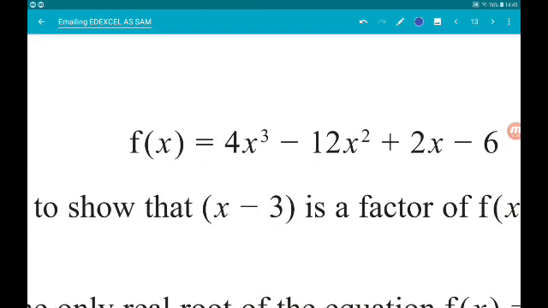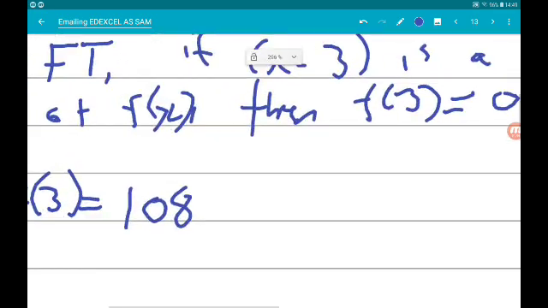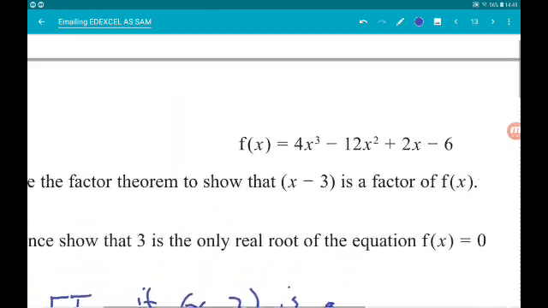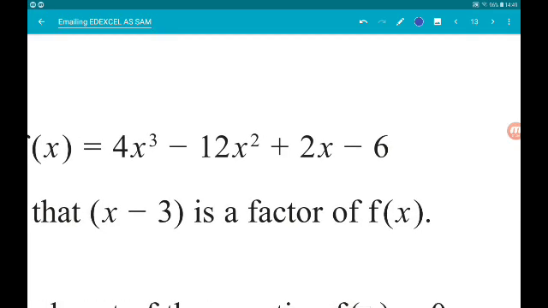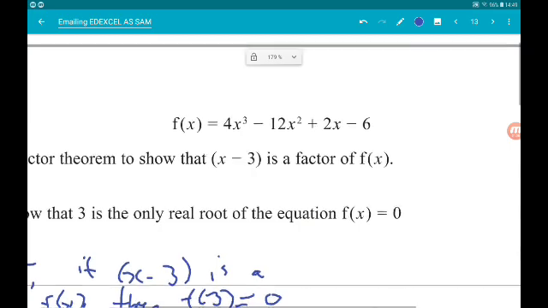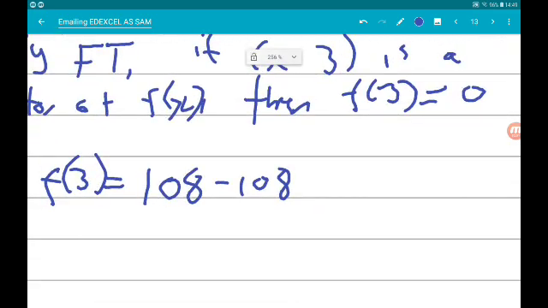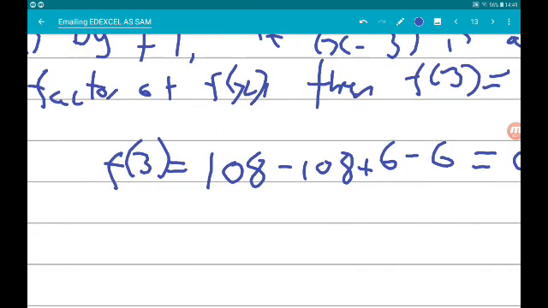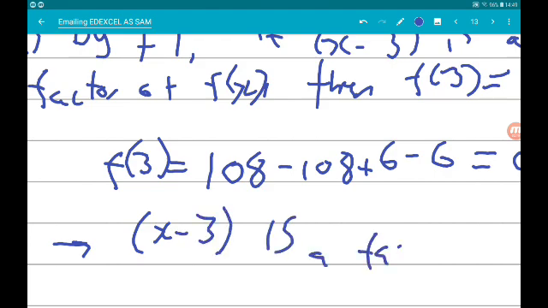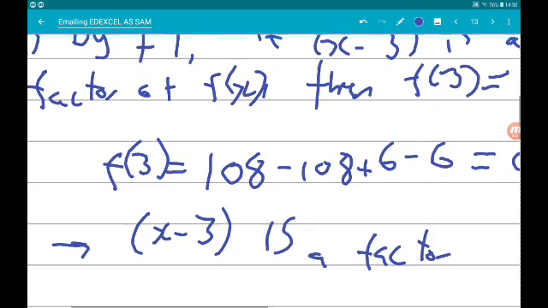Okay, 3 squared is 9, 12 times 9 is 108. So we got 108 minus 108. Two times 3 on a good day is 6. So we got add 6 minus 6. So that does indeed equal 0. Therefore, x minus 3 is a factor. Cool. Okay, then part B